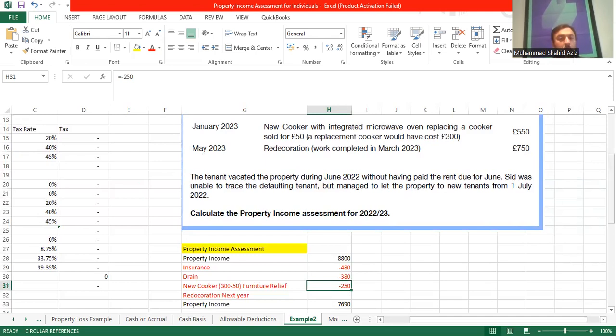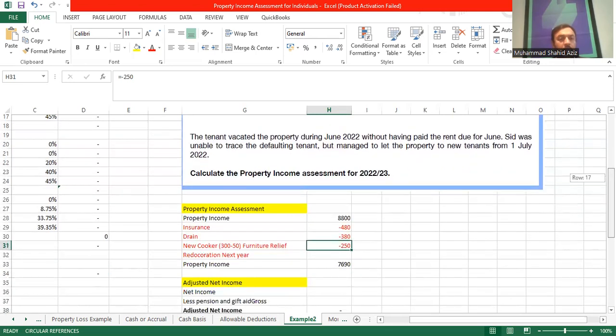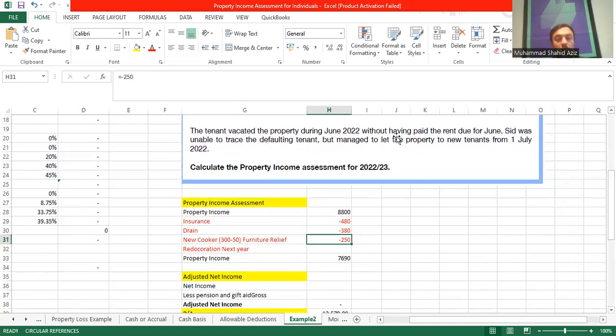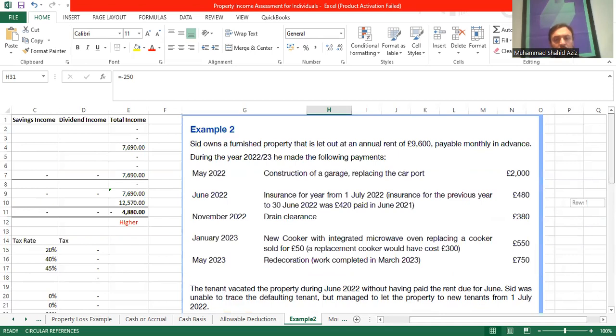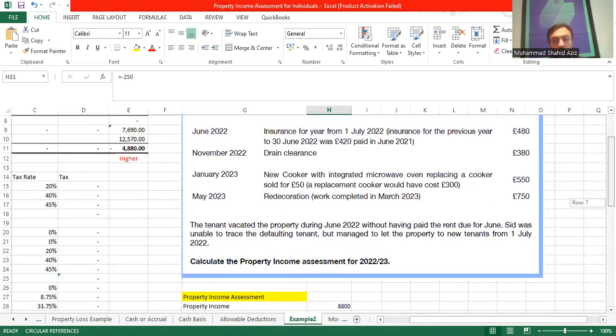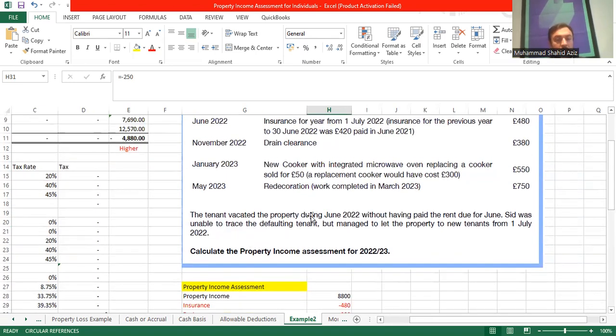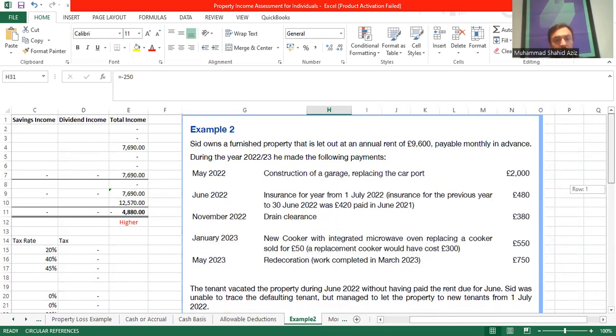The tenant vacated the property during June 2022 without having paid the rent due for June. Sid was unable to trace the defaulting tenant but managed to let the property to new tenants from 1st July 2022. So the tenant vacated the property during June 2022 and our tax year is